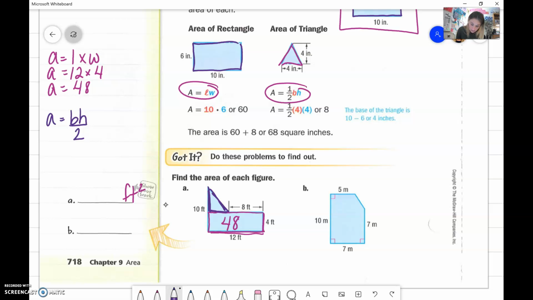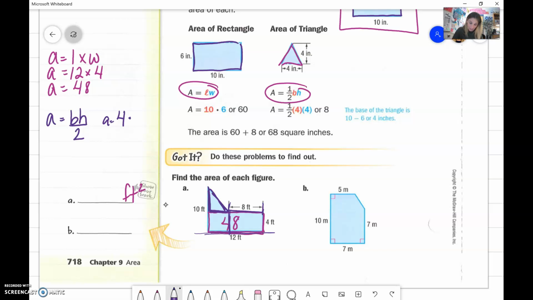So when I look at this base, I notice that this whole side right here, from here to here, is 8. Well, how can I figure out the base of this? I see that the whole length of this rectangle is 12. So if from here to here gives me 8, then I know what is left over here has to be 4. So I'm going to go ahead and write area equals, and my base is 4 times,